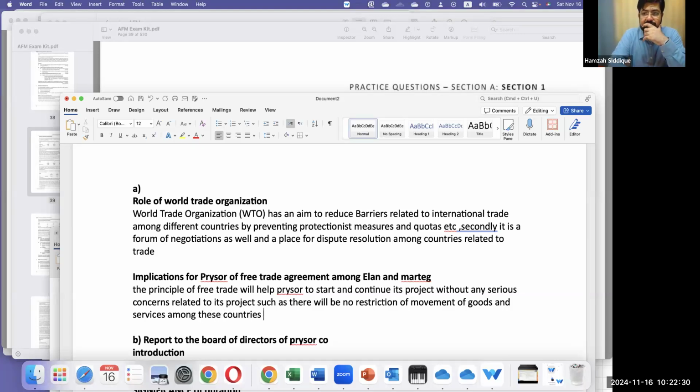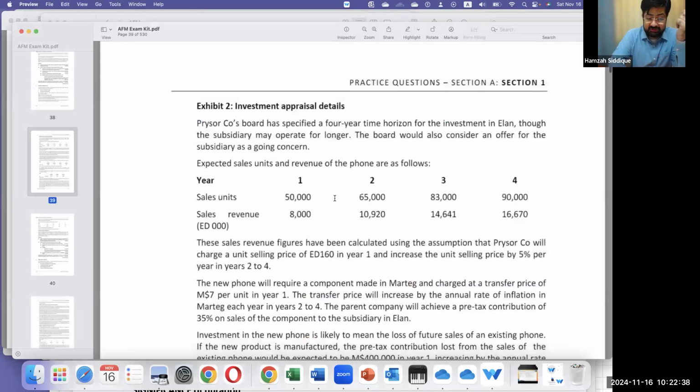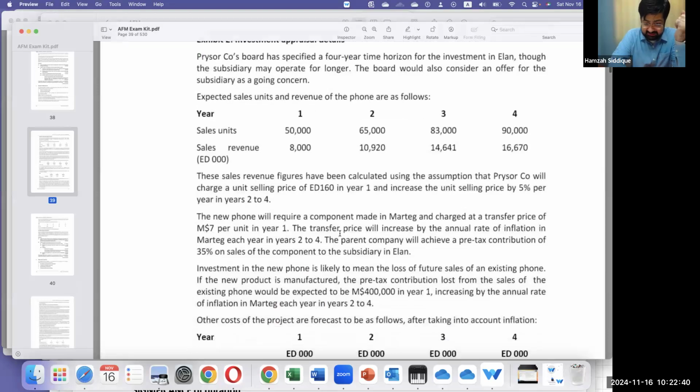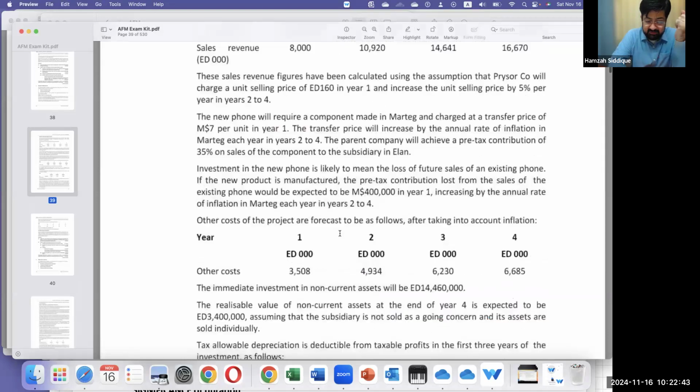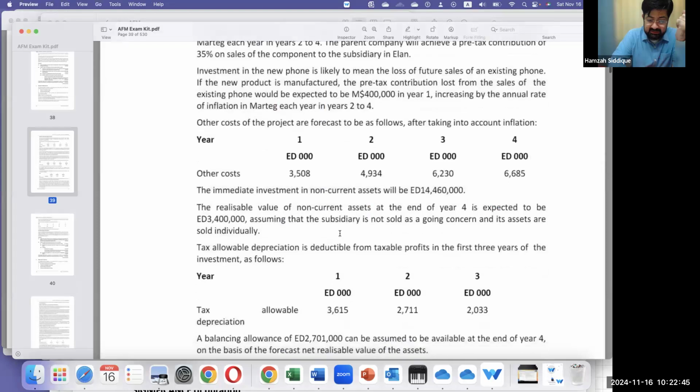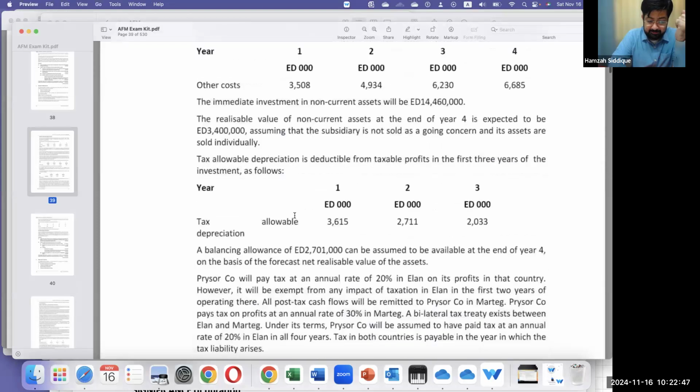First of all, so now, students, the scenario tells, there is